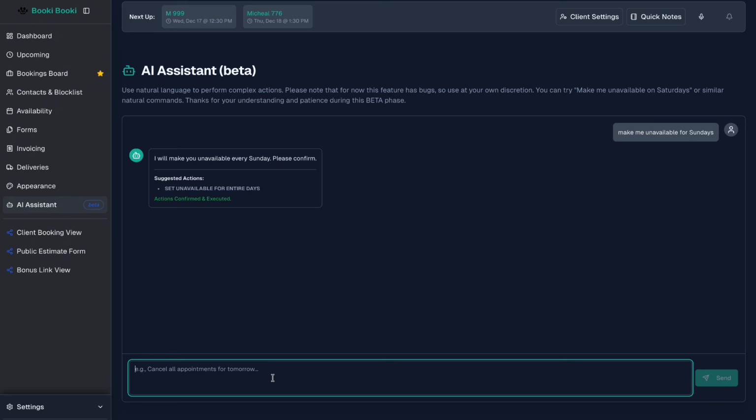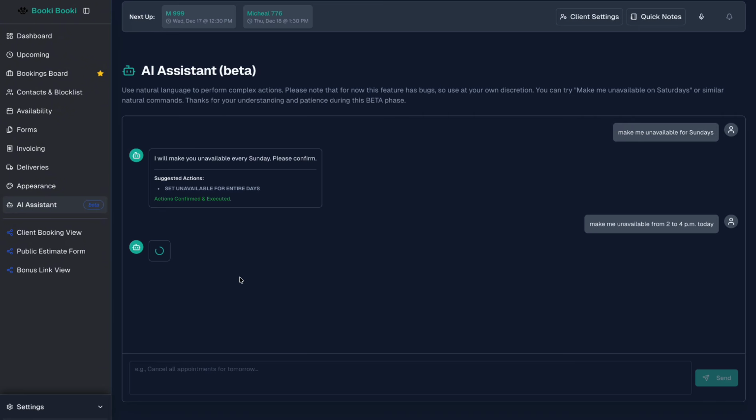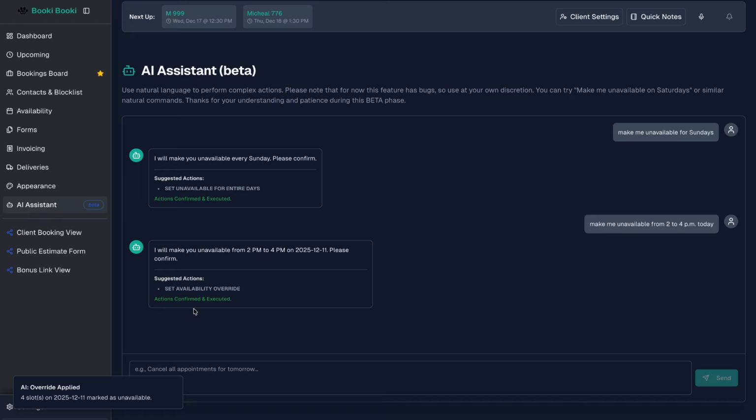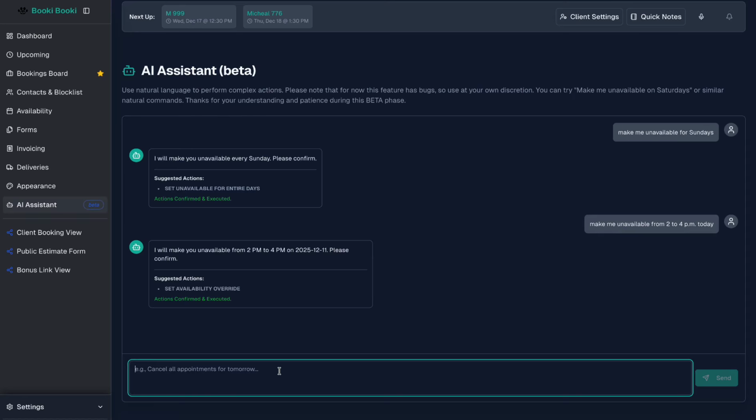Or for example, if you ask it, "Make me unavailable from 2 to 4 p.m. for today," it will then ask you to confirm. And if you confirm, it will automatically block off all those appointment time slots between 2 to 4 p.m. for today. It can also help with bulk operations, like moving all appointments from the upcoming column to the done